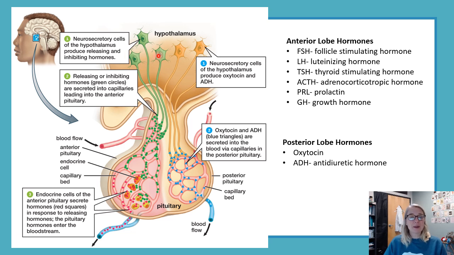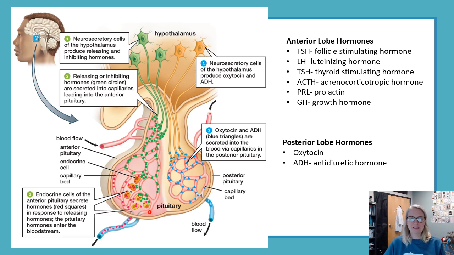There are cells up in the hypothalamus, these neurons, because the hypothalamus is part of your brain. It's a neural tissue. It secretes its own kind of signaling molecules. They're hormones because they're traveling through blood. And they come down and tell, hey, orange cell, you need to secrete some growth hormone. And off it goes into the blood, out to the rest of the body. Okay, yellow cell, you need to be secreting your TSH. We got to increase our body temperature. You go and stimulate the thyroid gland. So these little green molecules will stimulate those yellow cells to release its hormone.